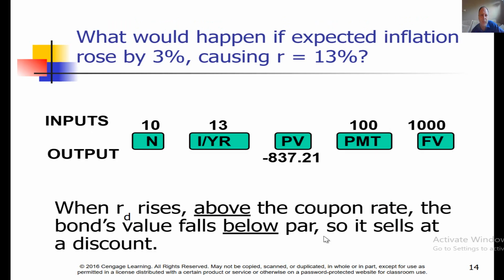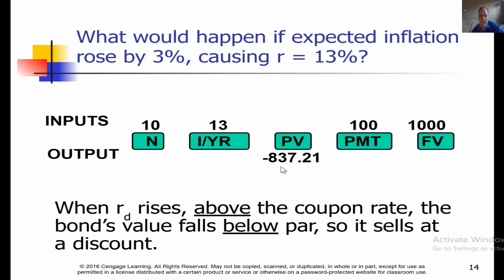So what would happen if expected inflation rose by 3%, causing interest rates to go up? If interest rates go up, bond prices go down. So we repeat, using our financial calculator, the previous calculation: 10 hit N, 13 I, 100 payment, 1,000 FV, compute PV, and we now get minus